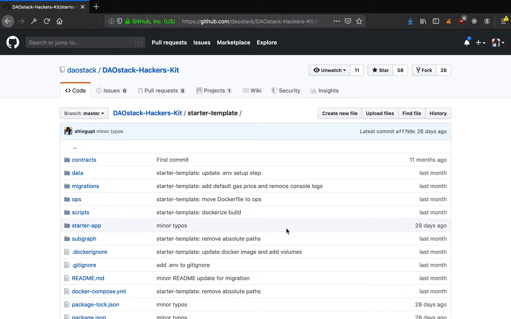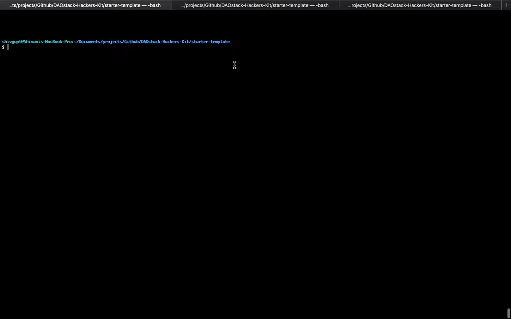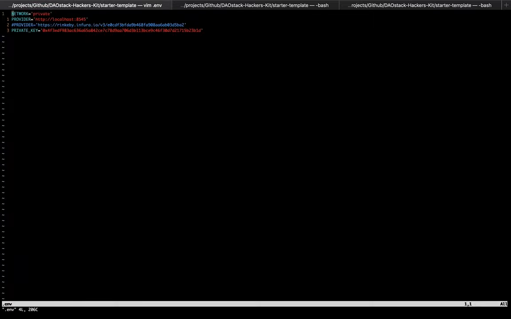Alright, so now we'll start playing with the DAOstack Hacker Kit. If you haven't, go ahead and clone the repo. I have already cloned the repo and I'm in the starter template example of the Hacker Kit. So we'll start with editing the environment file and adding the network provider, and the Ganache account's private key to it. Once we've done that,